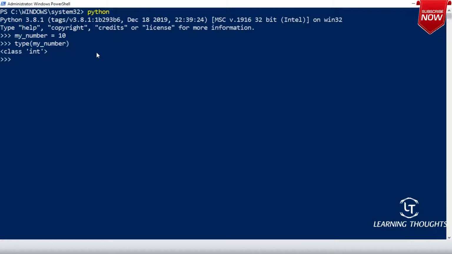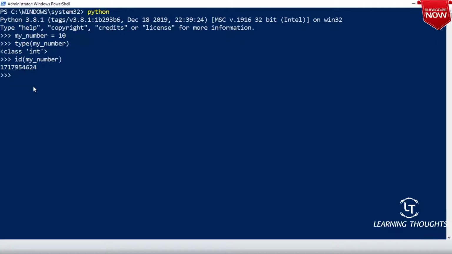It is telling that I have used something called int. Don't worry about this class. Focus only on this part. The data type of whatever we have stored in Python is int, but I need not worry about it. I am directly playing around with this. And then I would say id of my_number. It is not actually a RAM location, but it will have some references. Now let me do this. So did I get the id? Are you also getting these three values?